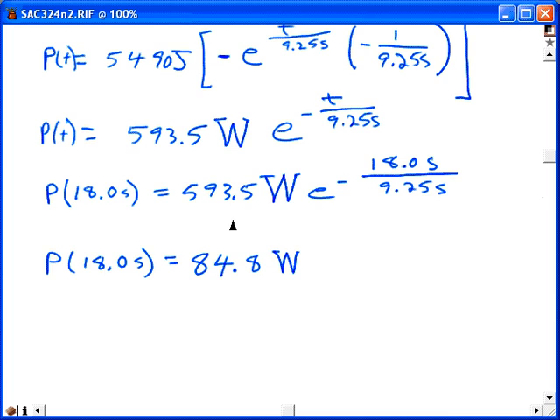This resulted from rounding 84.7826 watts down to 3 sig figs. So we get as our final answer